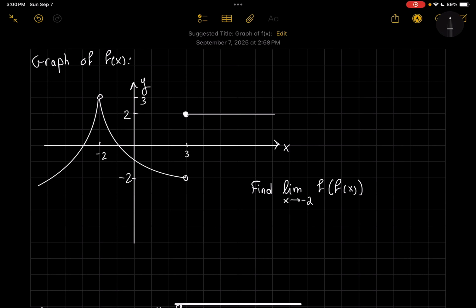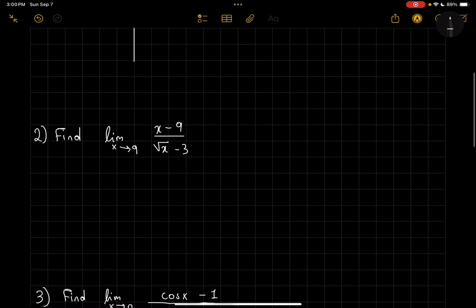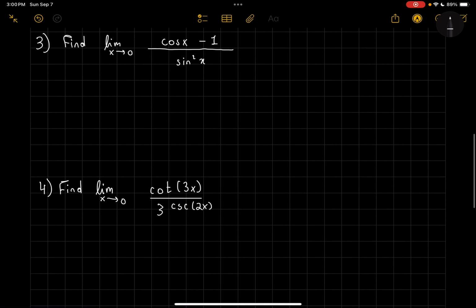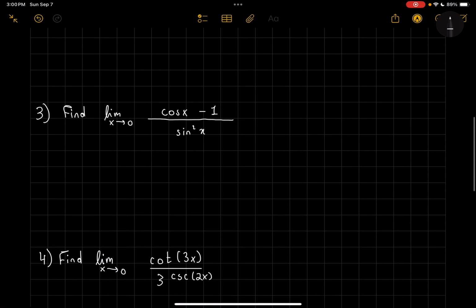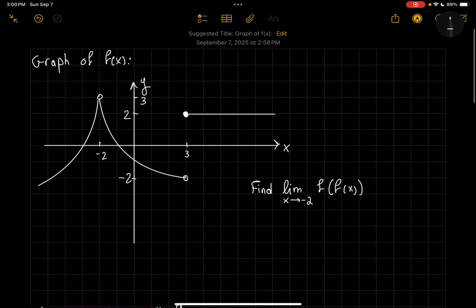In this video, we're going to be solving some random limit questions. Well, they're not very random because we're going to use specific rules. So in this video, we're going to be finding limits with a graph, and finding limits using algebraic manipulation, specifically using trigonometric rules and radicals. So in the first question over here, they gave us this graph of f of x